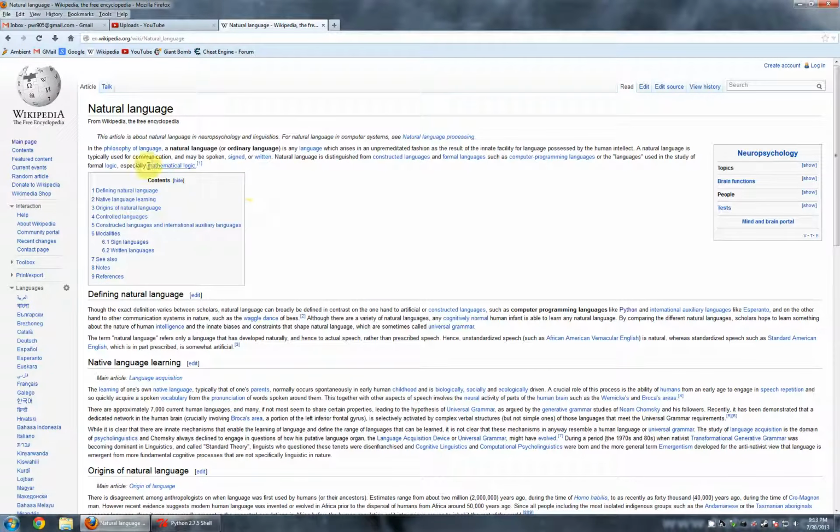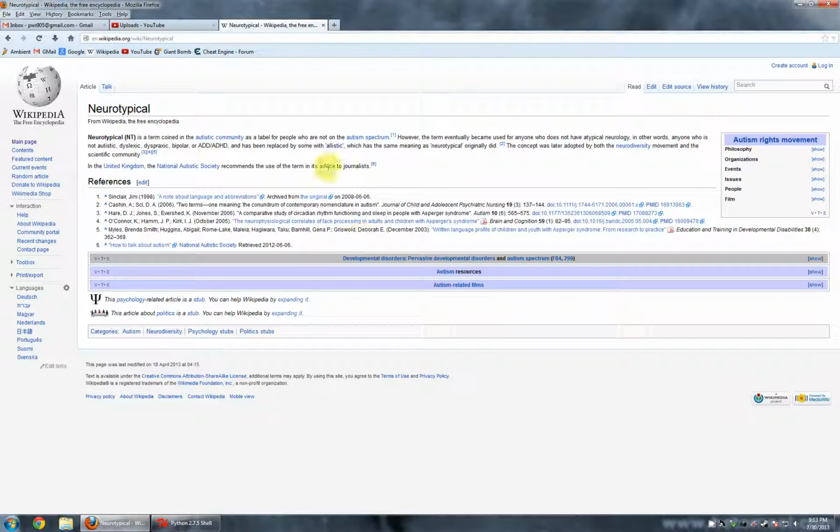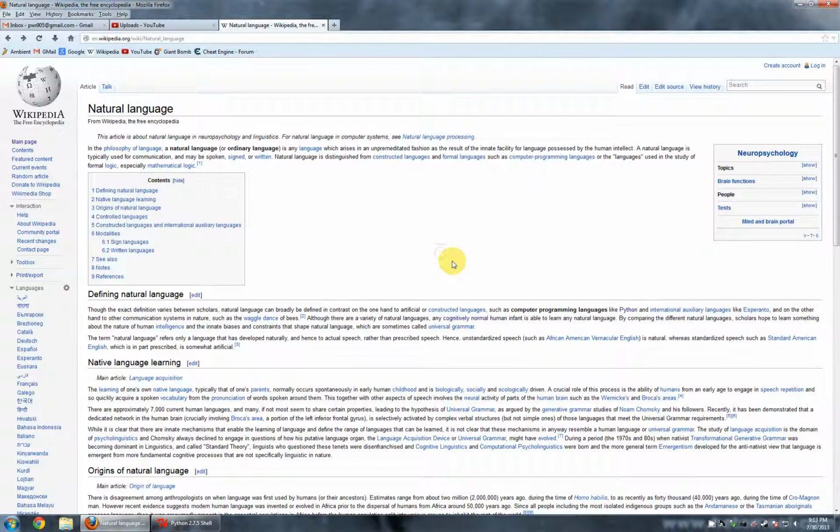All right, what is a natural language? Well, in the philosophy of language, it's something that has other things to do with other things. So let's click on something extremely abstract: cognitively normal, neurotypical. Let's do that. That sounds totally ridiculous. See how small this article is? I mean, what is neurotypical? Well, it's a term in the autistic community. That's unfortunate. Let's go back,